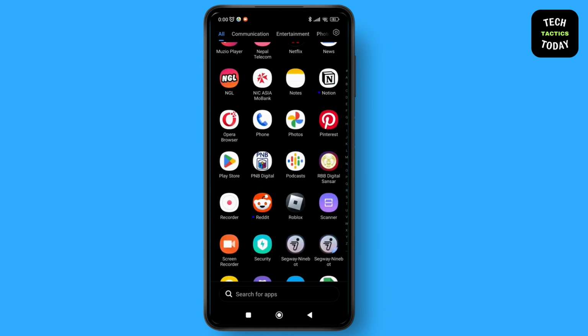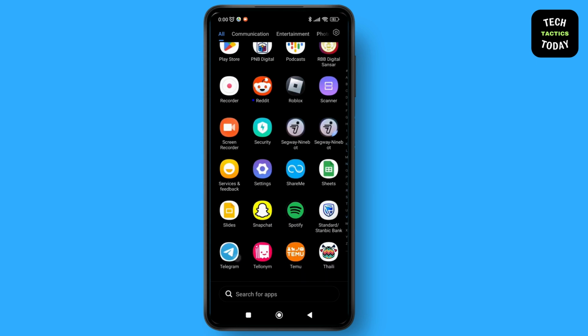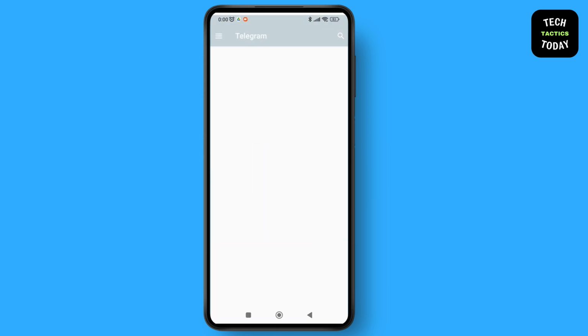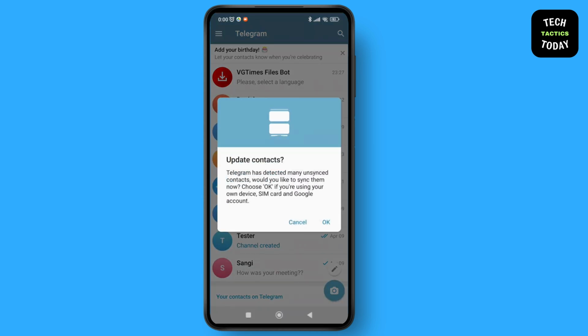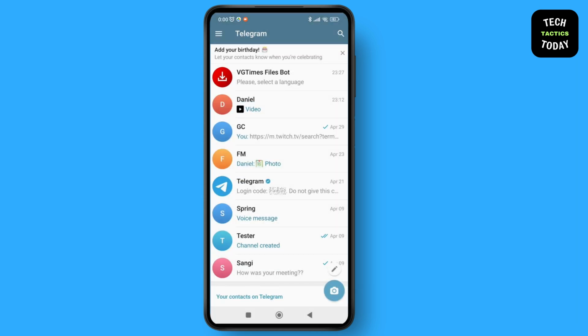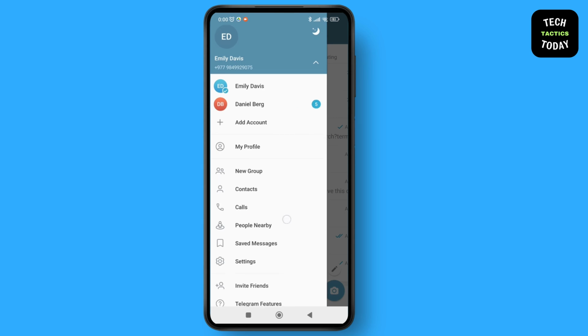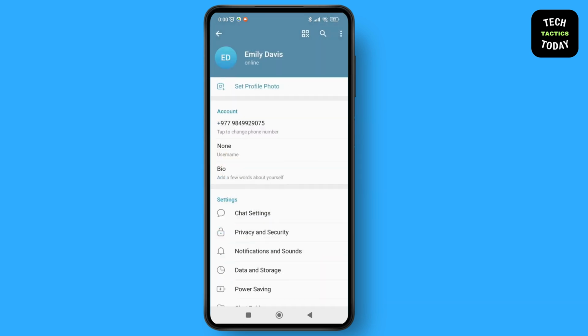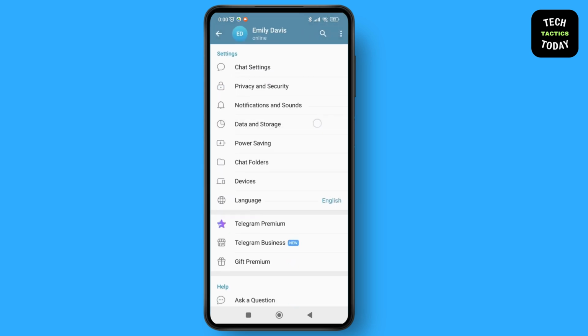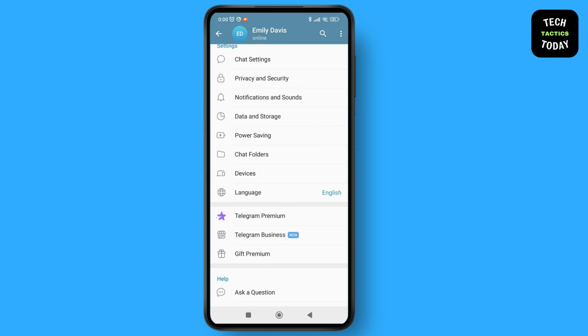First of all, open up your Telegram application from your device and make sure that you're logged in. Then tap on the hamburger icon at the top left corner of the screen. Then scroll down and tap on settings. Now it will look something like this. Then tap on data and storage